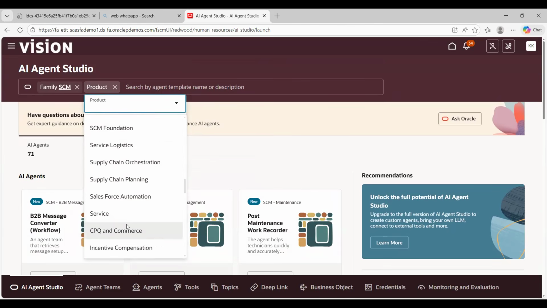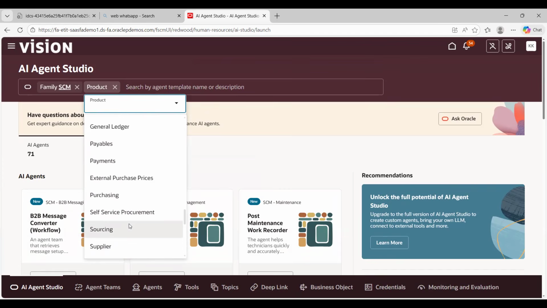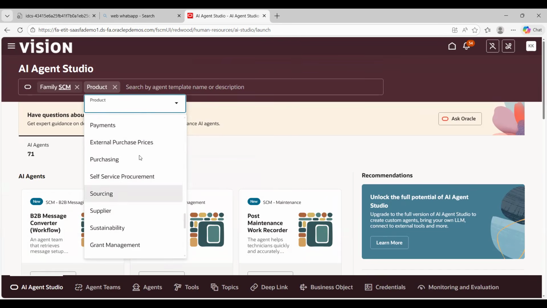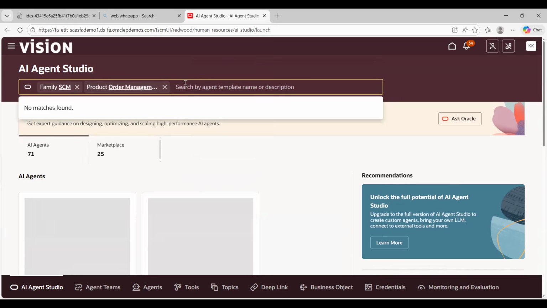This is the order management product that you select. And then once you select the order management, you will see the list of sales order assistant tools that are available to be picked up. Okay, so now here goes. When you click on this,